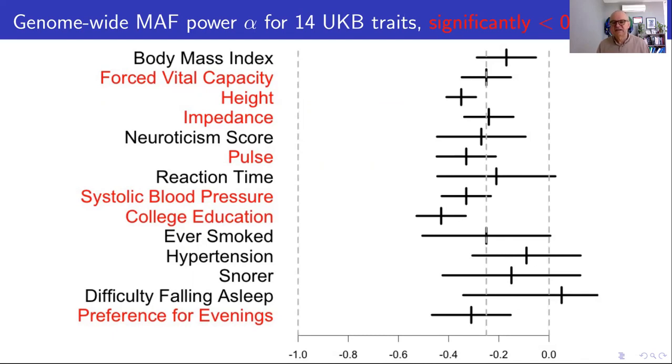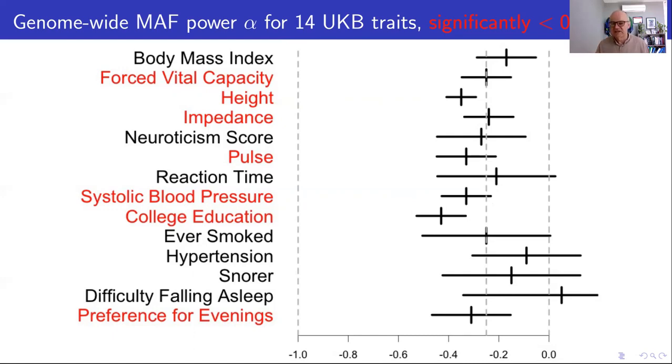I'll give you the references at the end, and here are some estimates for 14 UK biobank traits. The red ones are ones significantly different from 0 according to some criterion. But remember, over here is the -1 that's assumed in nearly all human genetic analyses. And we've never seen any data that come anywhere near supporting that value. So it's a terrible assumption. The plant and animal breeders were on stronger ground if this human data can also be relied on in plants and animals. But we found, surprisingly, a strong, consistent value of -1/4 fits data pretty well for many traits.